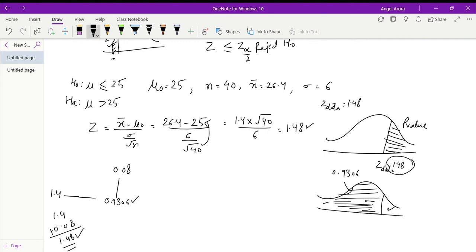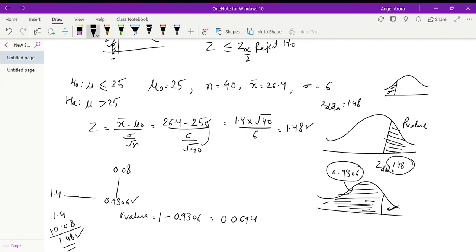If z is positive, the p value area will be to the right, and if z is negative, then the p value area will be to the left. So we want this area. We already know that the area under the curve is equal to 1, so if I subtract this area from 1, I will get my p value. So my p value will be